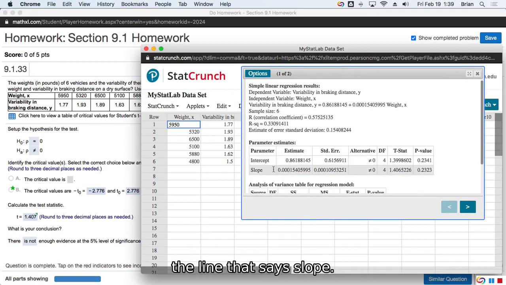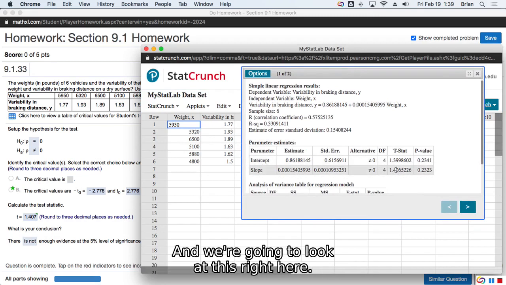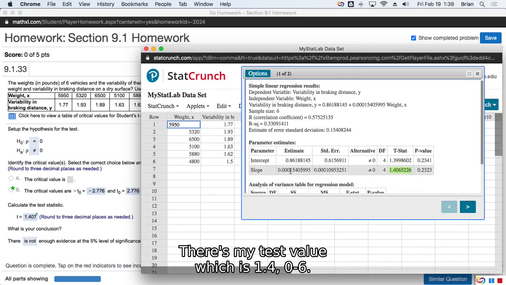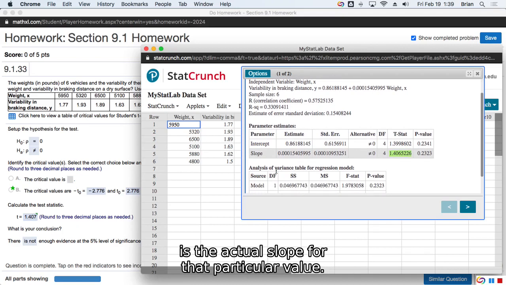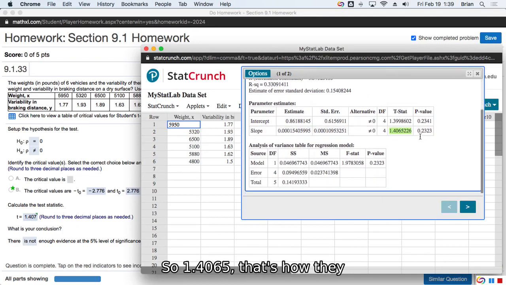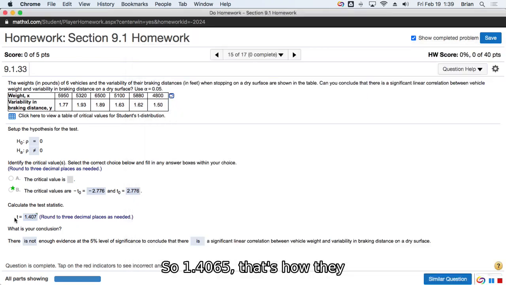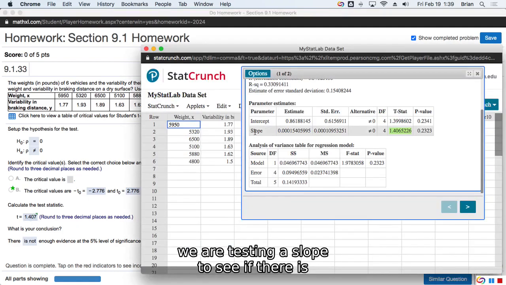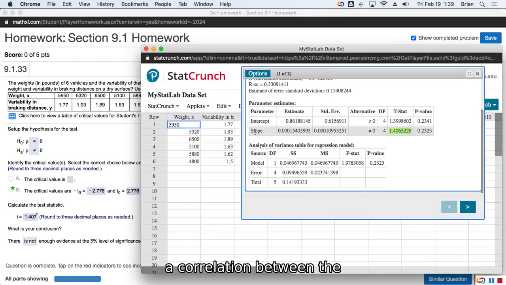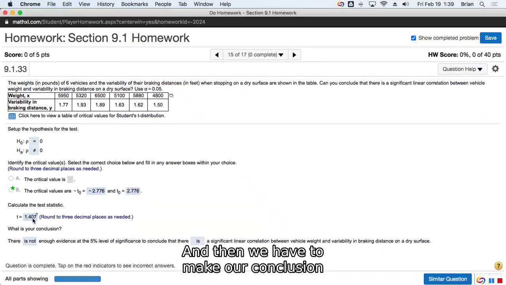We're going to come down here to the line that says slope, and we're going to look at this right here. There's my test value, which is 1.406. That's what we're looking for, the actual slope for that particular value. So 1.4065, that's how they get the 1.407 that you see right here, because we are testing a slope to see if there is a correlation between the two, and is it a strong correlation. So with our test value, we look only at the slope. We get the 1.407. That is our value that we plug in here,